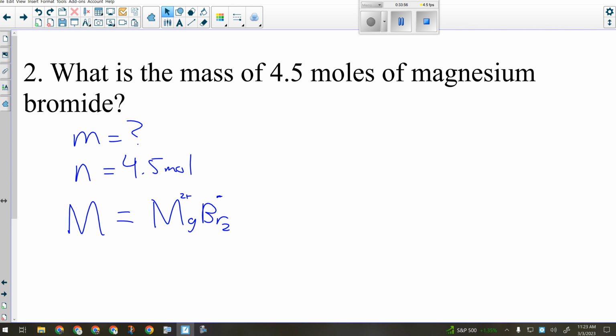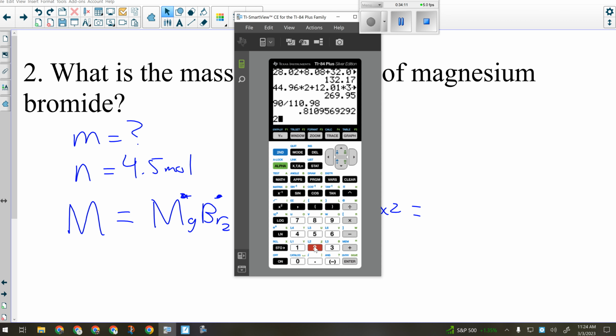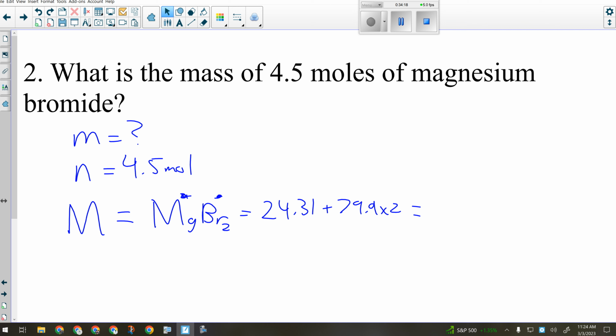So we're looking at MgBr2. So that's going to be 24.31 plus 79.9 times 2. I think those numbers are right. Okay, so 184.11